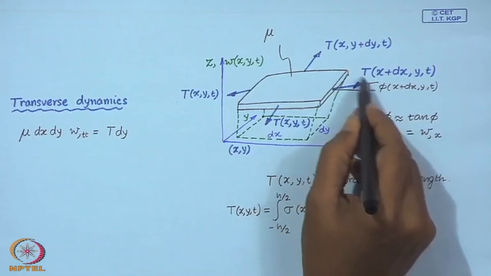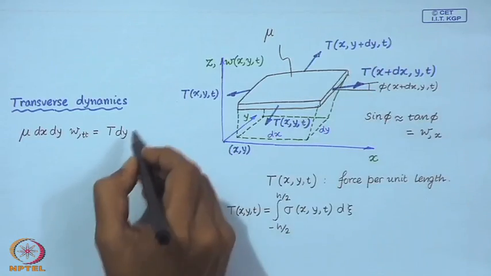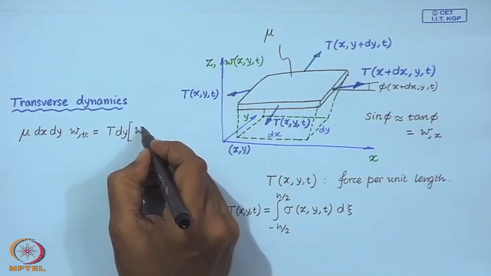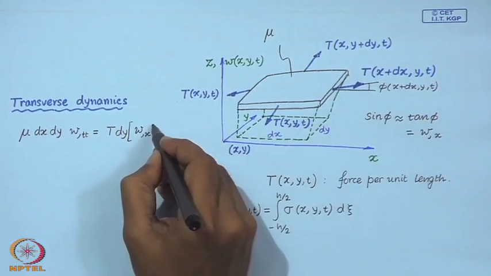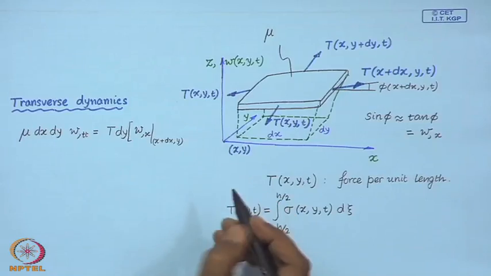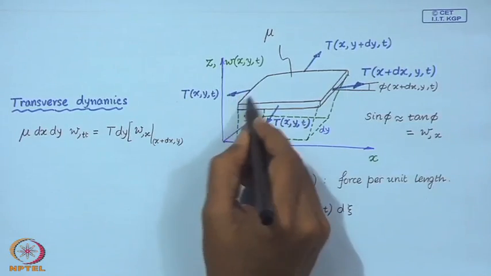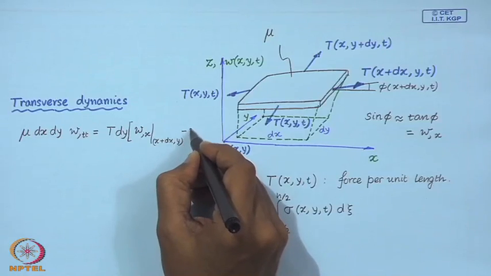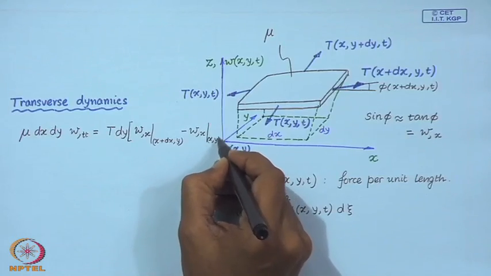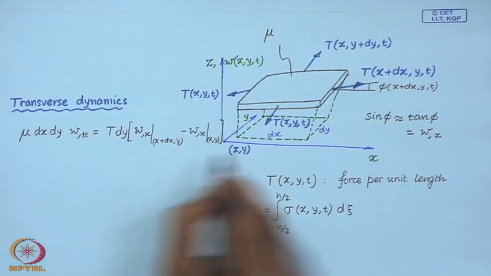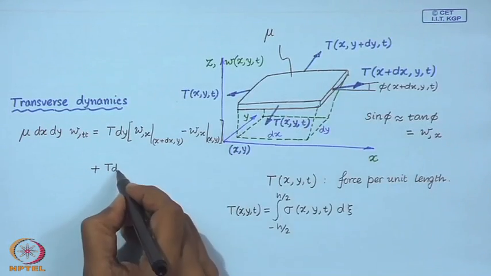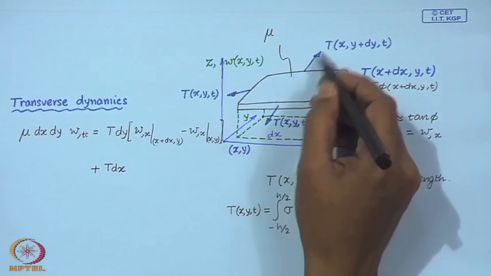So, to find out the transverse force because of this, I will use del w del x at x plus dx and y, and of course, at time t, and on this side it would be del w del x at x y, and similarly from these two edges. So, this T dx is the force,